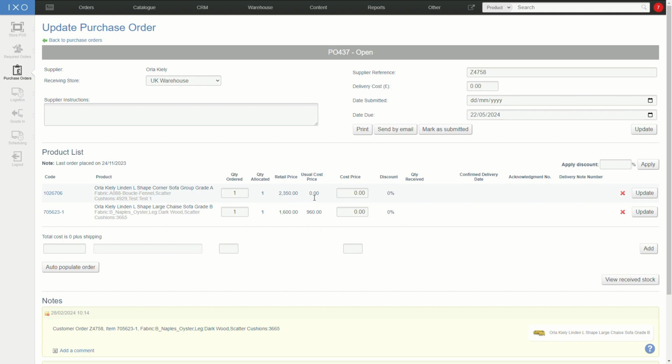Now for some reason, I'm going to go with user error, a cost price has not actually been entered against the L-shaped corner group. The problem with that is that when we come to our reporting, we're going to have a real problem, as that won't allow us to have our profit margin reporting. So let's just pop in that should have been 1100 or 1000. And for this, maybe we've got a slight discount, so we'll just update that one at the same time. There we go. So we can see we've got a discount on the second item, and the first item is going to cost us